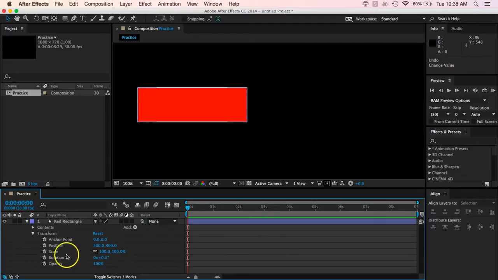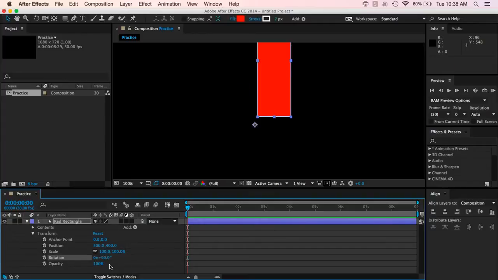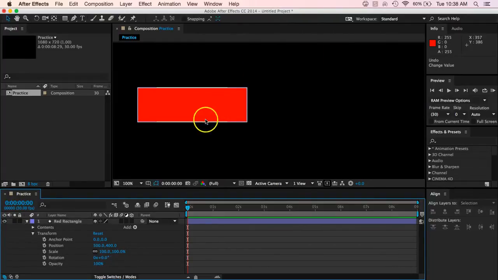And then we can also rotate it. So let's say I wanted to rotate this 90 degrees. It's going to do a 90-degree rotation. Now you'll notice that it seemed to flip way up here. That's because our anchor point is set to the middle, and so it's rotating around there. If I want to change that so that maybe it just rotates on this point here,